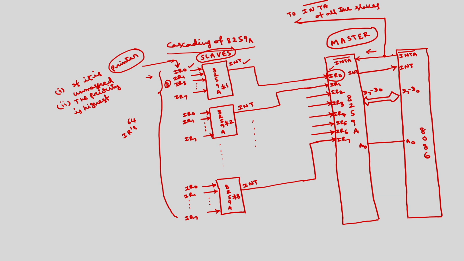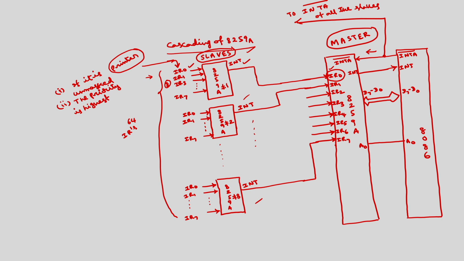As I have discussed in the last class, this INTA bar consists of 3 pulses. For the first INTA bar pulse, the master will enable, whereas the slave simply neglects the first INTA bar cycle. In response to it, the master will place the ID of the corresponding slave. Each slave will be assigned some ID. I will discuss what the ID of this slave is in initialization command word 3.